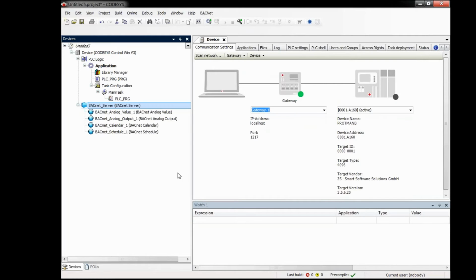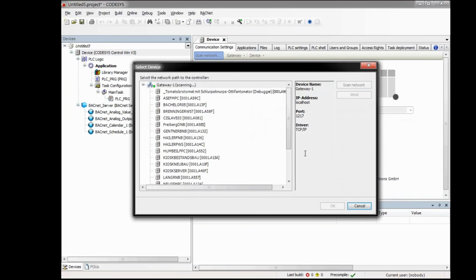To build up or start the BACnet server, you now have to connect to your device with the integrated BACnet component. So we check the network for the PLC, which is not on my local device because I want to show you how I can connect to the server from a local external client on my PC here.